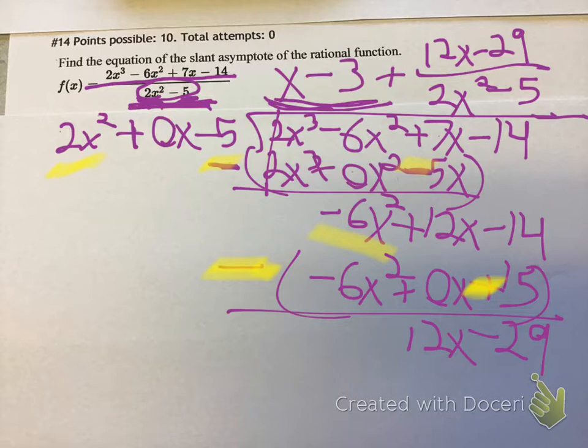And that's not all that important, except the analysis behind it. We're looking for a slant asymptote, what happens when I plug in a billion for x. And when we rewrite it this way, there's something clever about it, because notice in the remainder that the power on the bottom is higher than the power on top, which means the bottom is growing faster than the top in the remainder part, not in the quotient part, but in the remainder part. And what that means is, as I plug in huger and huger numbers for x,